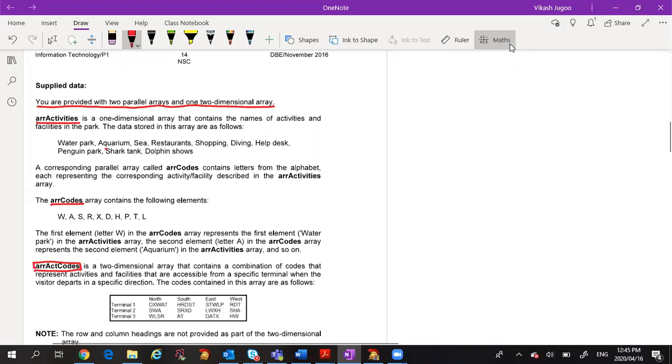The two one-dimensional arrays that are parallel: the first was ARR activities, and ARR activities had water park, aquarium, the sea, restaurants, etc. And then for each of those, you had a code. So the water park code was W, the aquarium code was A, the sea code was S, the restaurant code was R, and the shopping code was X. So this is the parallel arrays. One had the activities and the other had the codes. And then there is the